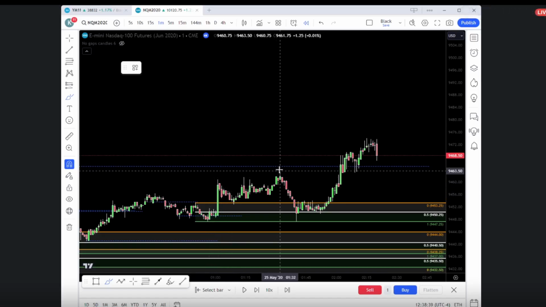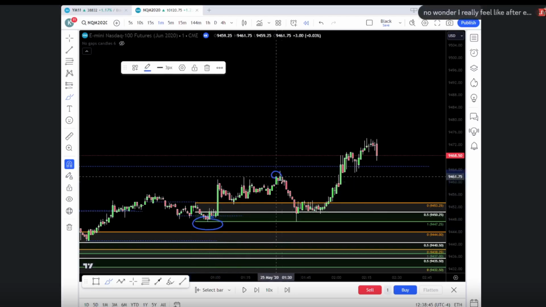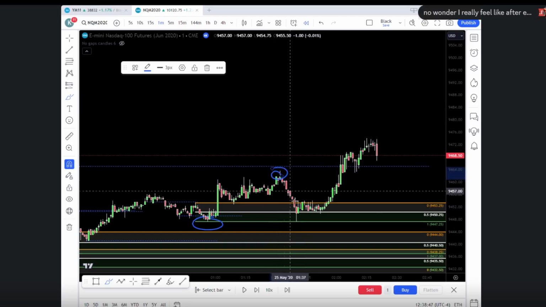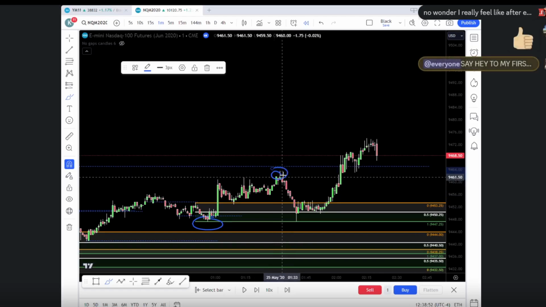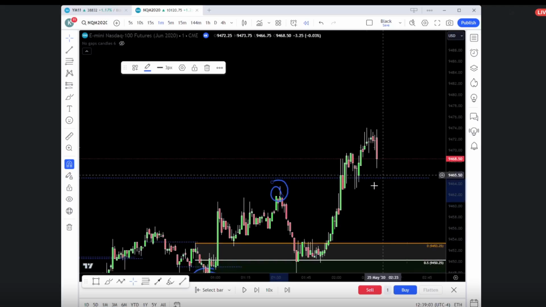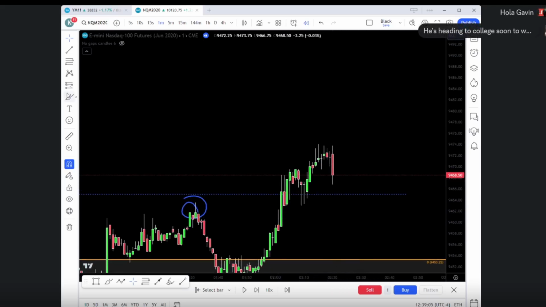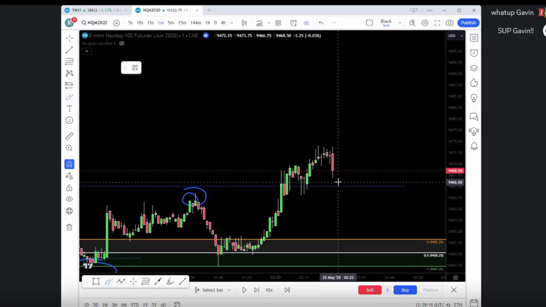this valid high. So we have a protected low here, which created this valid high, which failed to put in a new low. Right. So this was not a protected high. Right. Hey, Gavin. And we actually kept up higher. Right. Now, our protected low is still down here. So what we're looking for is a flip that's then going to potentially take us back down to there. Right. Or we're looking at, because